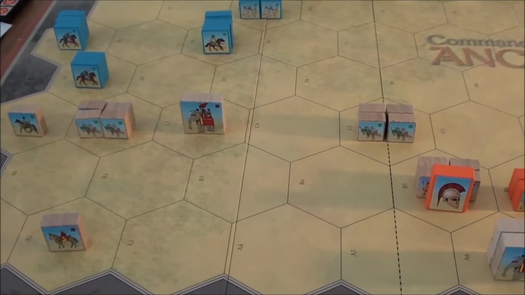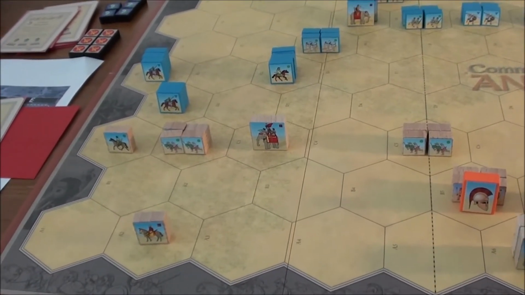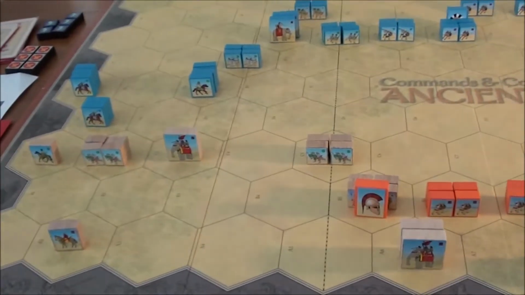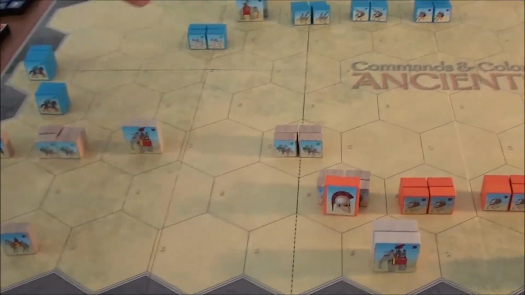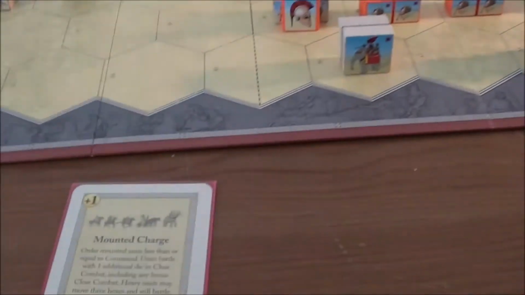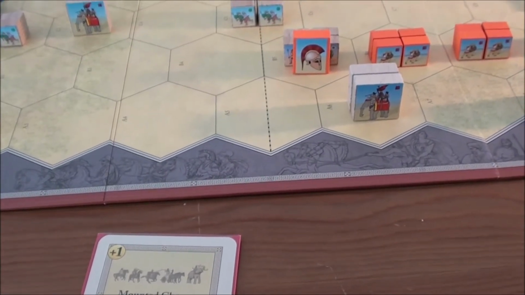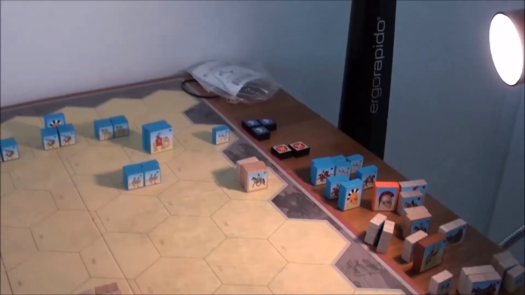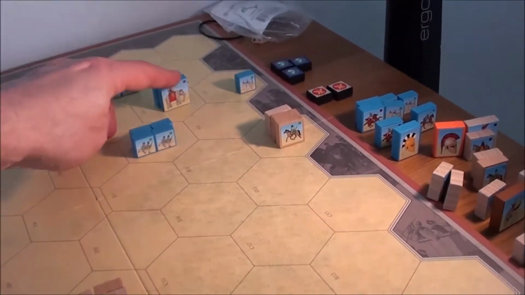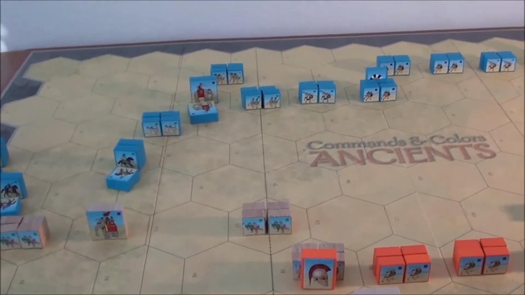I need to do the mounted charge now. So let's see. I know that most of the guys will just evade, but I have a fair chance to get the evading guys as well. So let's see. This is 1, 2, 3, and 4. Sorry, let's order them first. 1, 2, 3. Heavies could move 3, right? This means the elephant could rush up and block that light cavalry actually. So that was 3, 4,